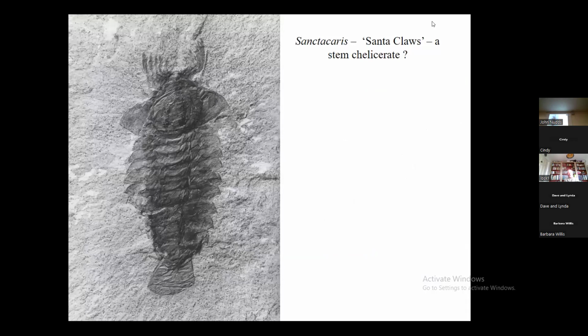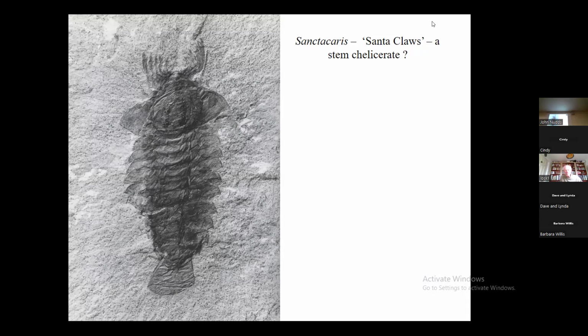And then penultimately, this is one of the few genera, new taxa, should I say, that was found in Harry Whittington's time or later collecting. They nicknamed it Santa Claus, gave it the generic name of Sanctocaris. And this is a stem chelicerate. So it's got these 5 pairs of grasping appendages on the head. These are homologous to the